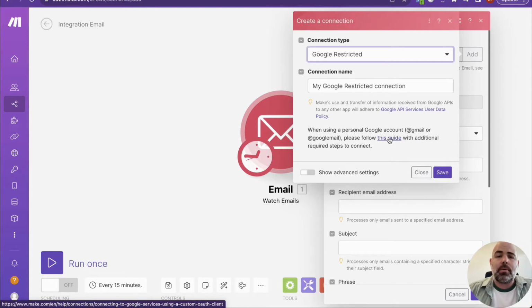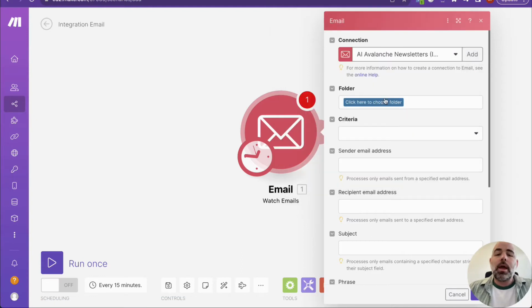So create a Hotmail account or create an account on your server if you run email through your domain. And then that will be your dedicated ChatGPT account for this particular scenario that we're running. So here I already have my email account connected, and then you can choose a folder. So we're going to obviously go ahead and select the inbox here,